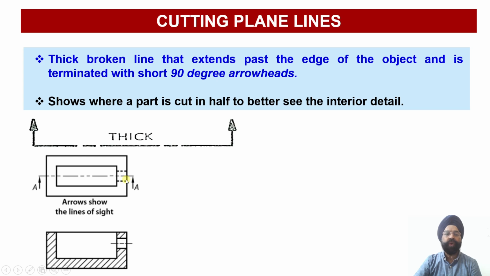So if we want to look into the deeper details of this particular object, we can cut it through this particular cutting plane, and the arrows indicate the direction in which we are going to look at the given object. Because while we were discussing the principles of dimensioning, we discussed that we should never dimension the hidden lines. That is, whatever the interior details are, usually we do not carry out the dimensioning over there. So if we have to have a clear understanding of the interior details of the object, then the